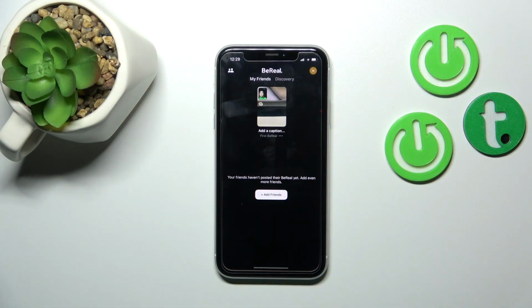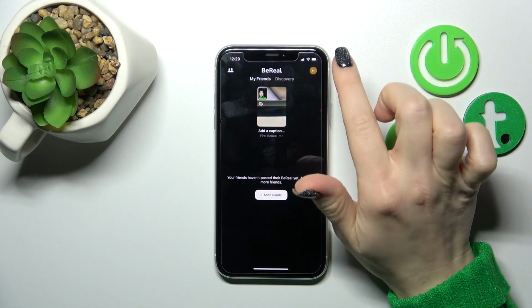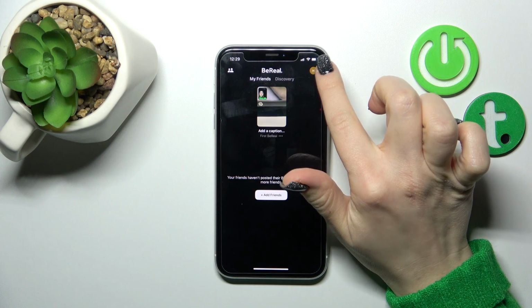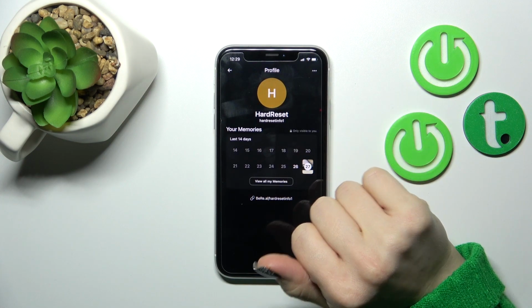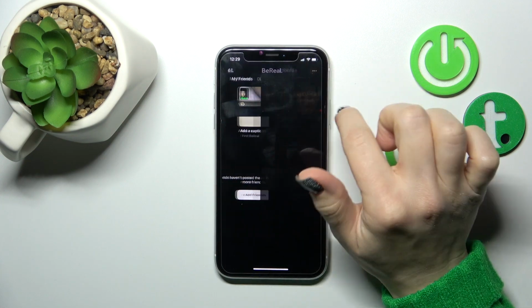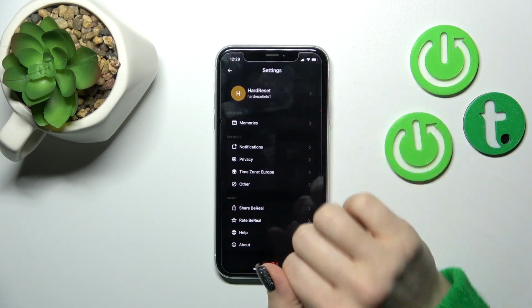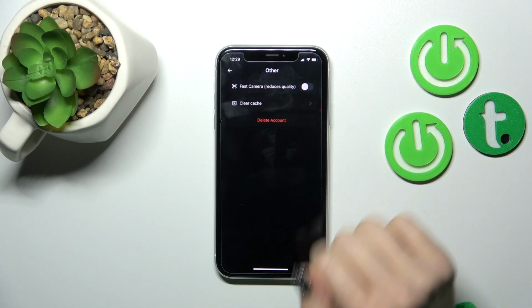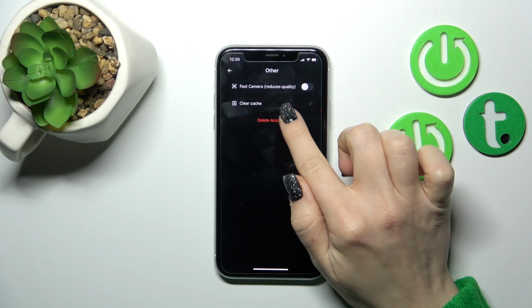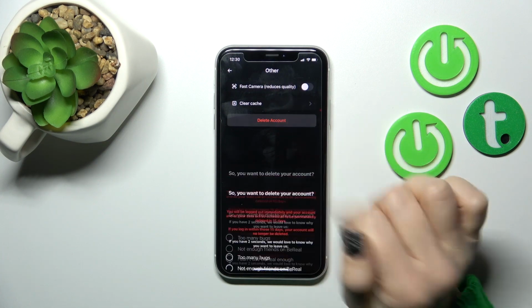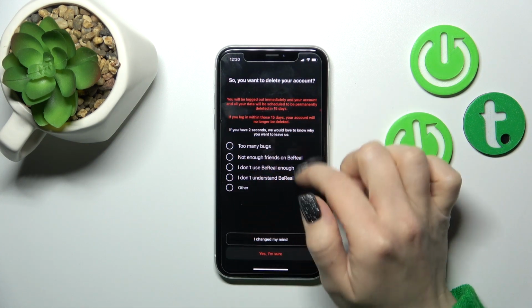So first, let's open the BeReal app and delete your account. To remove it from BeReal, tap the three dots in the upper right corner, tap the Other section, then click Delete Account here. You can also clear the cache here if you want. Then you should just